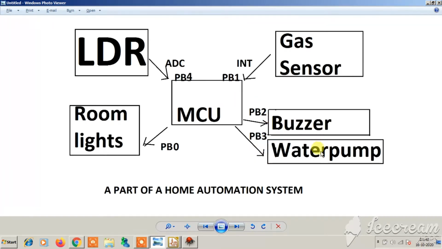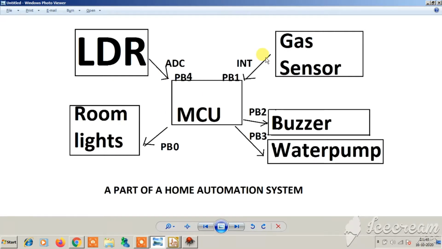This is the ISR section. After serving the ISR, if the fire gets extinguished and the gas sensor again returns to the high state, meaning there is no fire, then the microcontroller can return to the main code and serve the main code again.